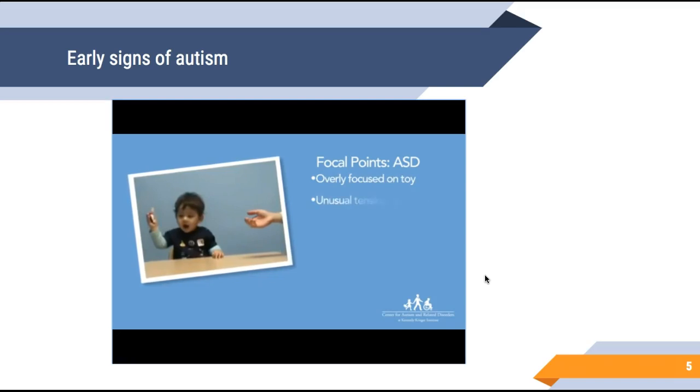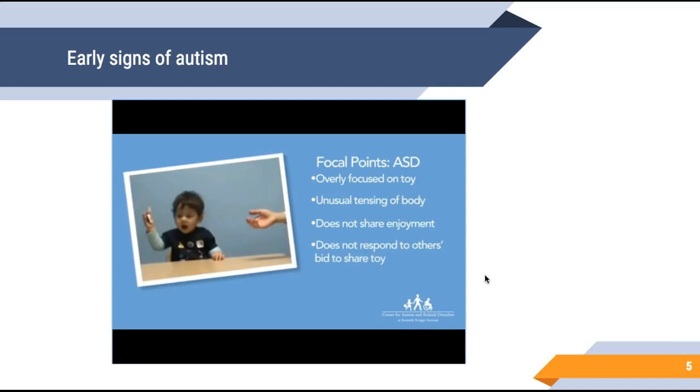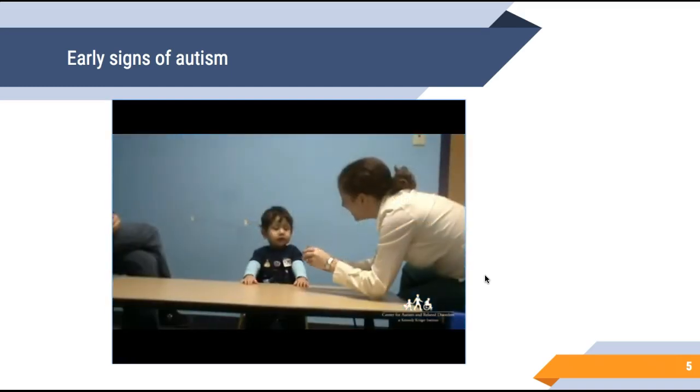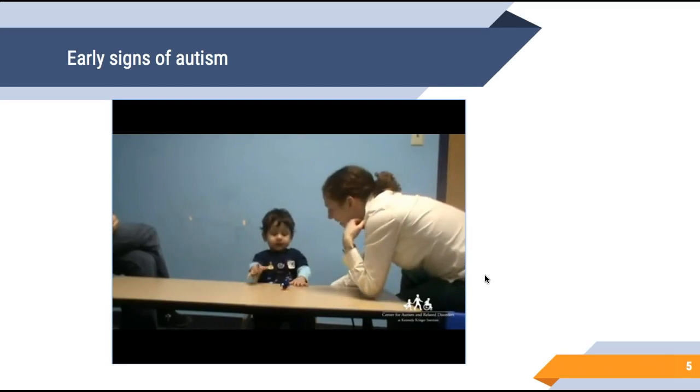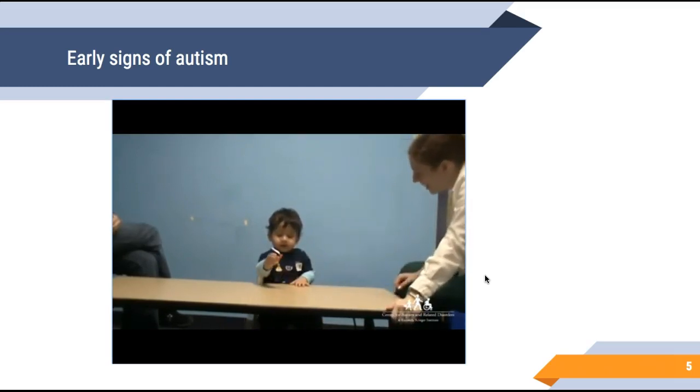This 14-month-old child shows signs of ASD. Notice how his attention is so focused on the toy that he does not interact with the people nearby. He does not share his attention with others. His exploration of the toy is also unusual. He drops the toy onto the table and watches it move. When the toy stops moving, he does not use eye contact, vocalization, or gesture to ask for help.